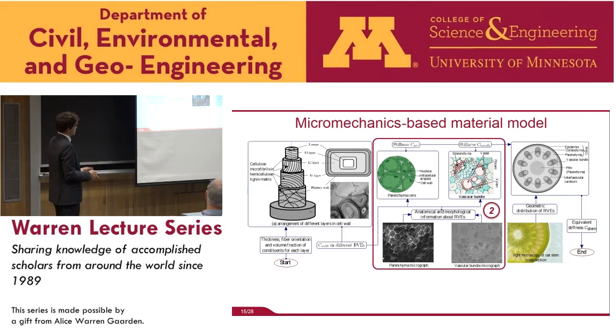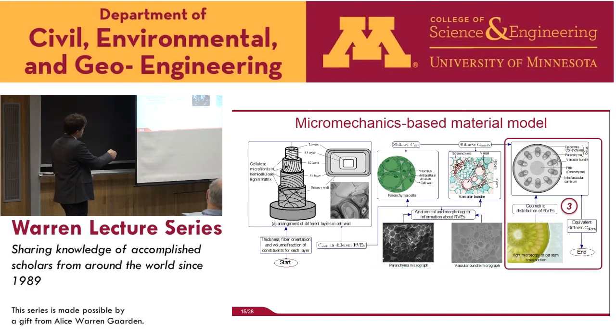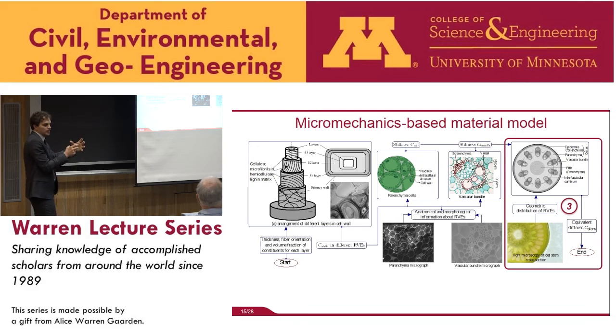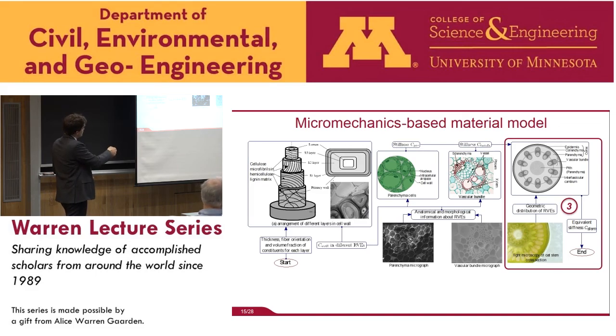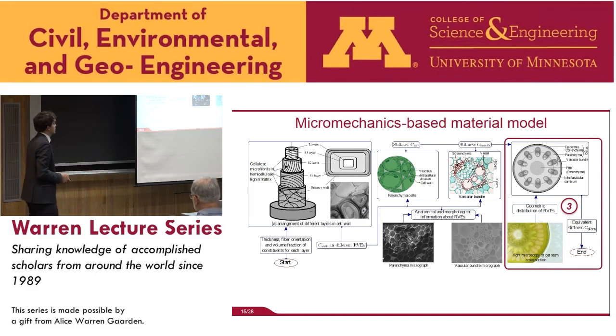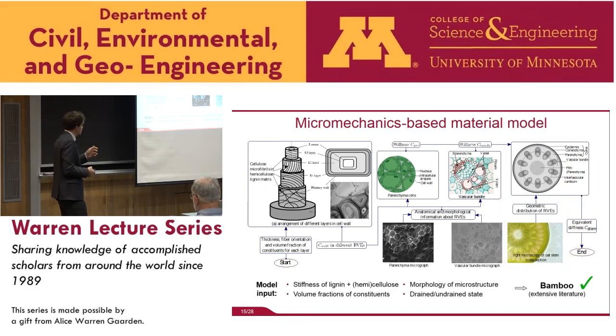And the final step is we go to the cross-section level and understand how big these regions are and how they are assembled, to then finally find material properties at the cross-section level. So again, the very important point here is if we know the stiffness of lignin, hemicellulose and cellulose, which are the base materials, if we have imaging information about the morphology of the microstructure at each hierarchical level, and if we know the volume fraction of the constituents, this model is fully defined. Since we don't have enough information right now about the oat, our target plant,